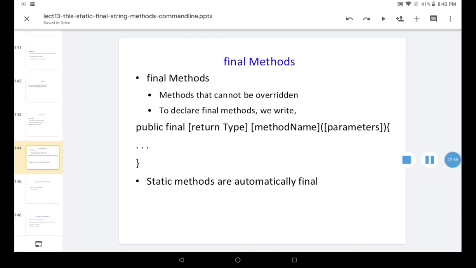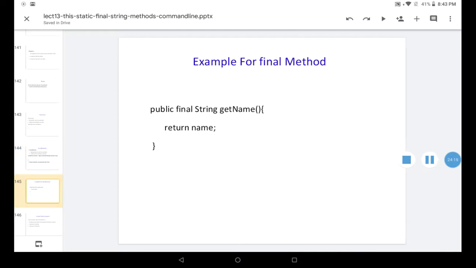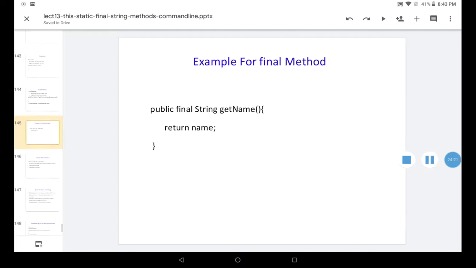Static methods are automatically final. Static means the method definitions will not change for any object. However many objects you create, for each and every object the method definition will not change. Those are called static methods. Now we'll see how to create a final method.